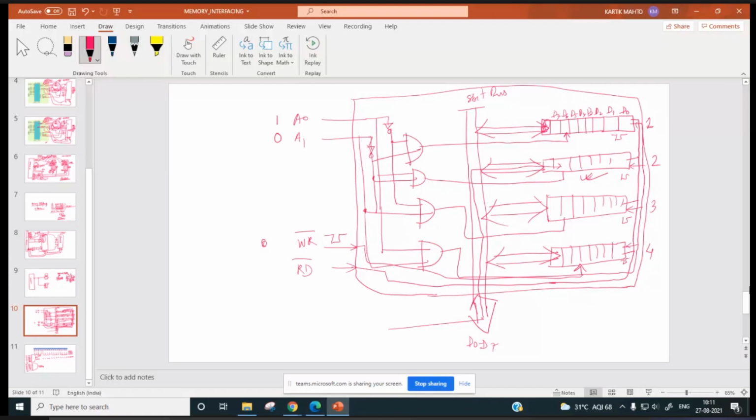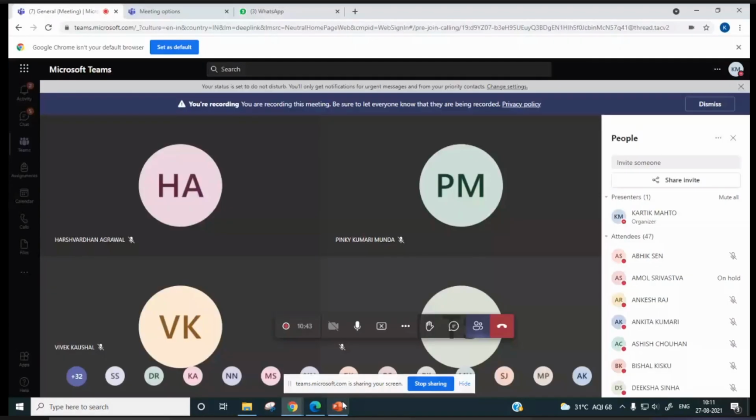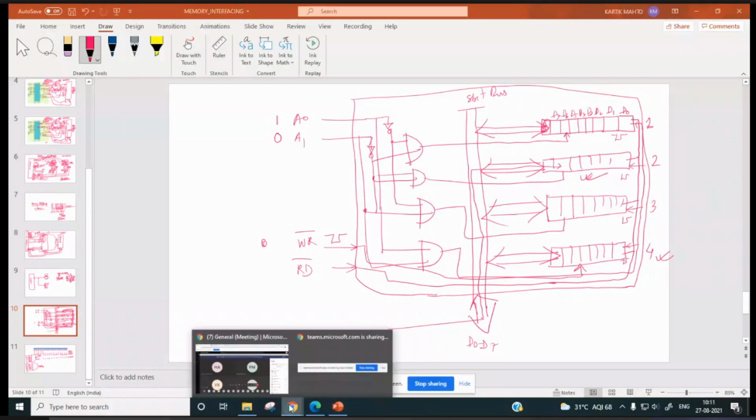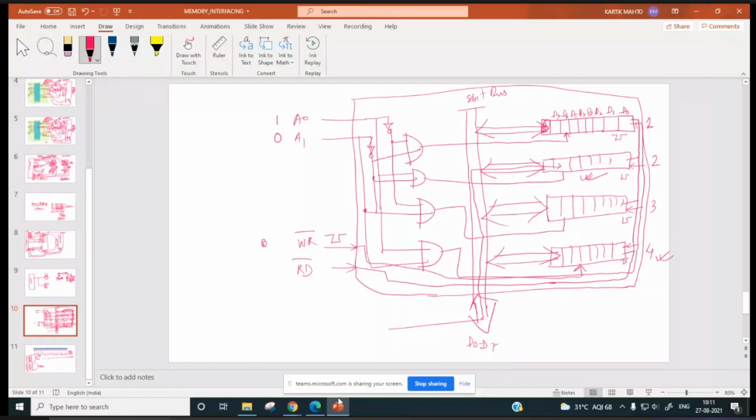Similarly, if you want to read data from the fourth register, what are we supposed to do first? Quickly. Anyone?